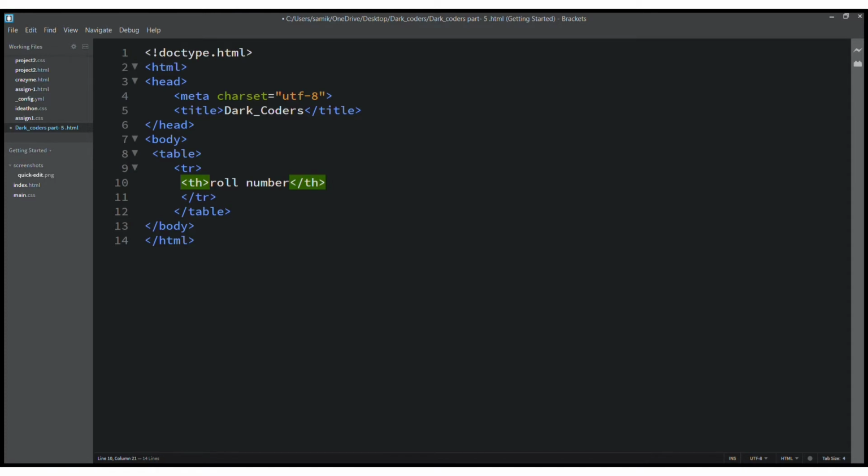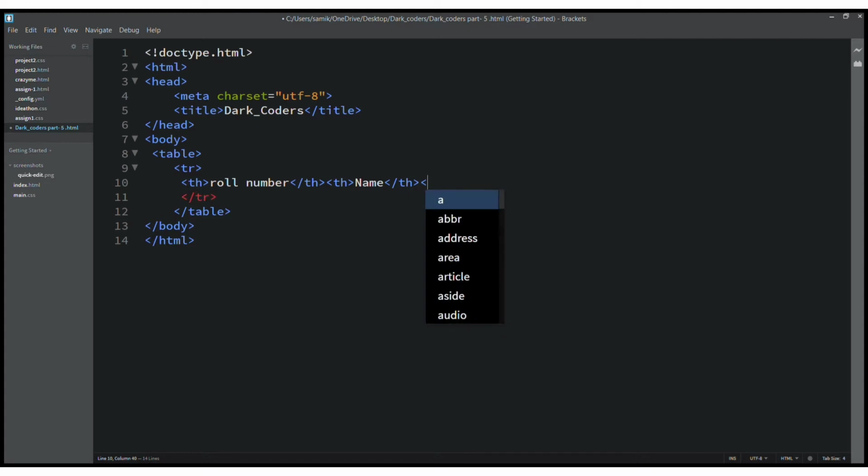Now we are going to give the end of th. After that I will write th one more time, meaning first we end all the work for the th tag. After that I will give here name, and after that I will give their grades.